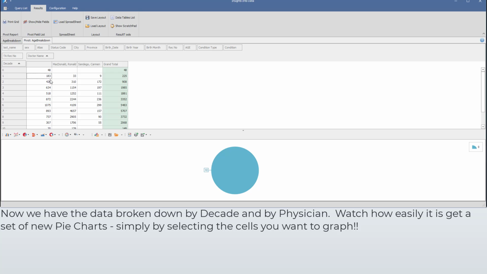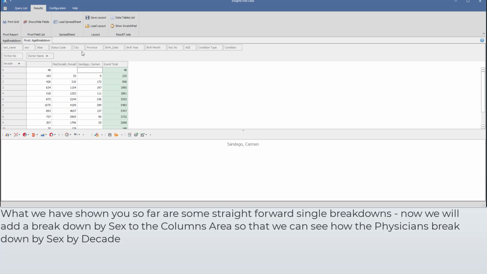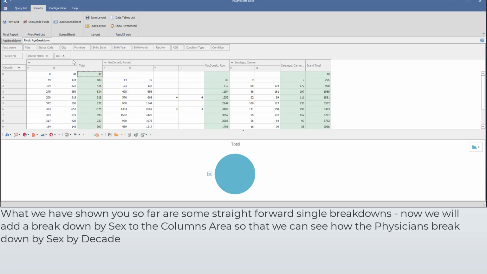It is very easy to create new pie charts, simply by selecting cells in the grid area. Now you can visualize the breakdowns by decade by doctor very easily. You can continue to break the data down in the pivot grid, by adding additional fields to the columns or rows. For example, let's add the sex of the patient to the columns to get breakdowns by doctor by sex